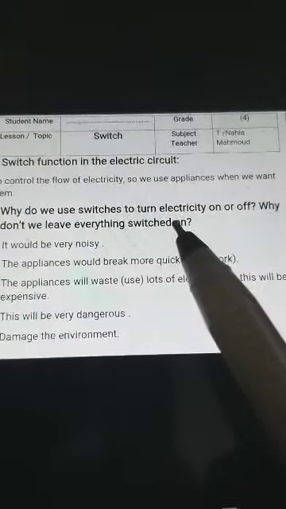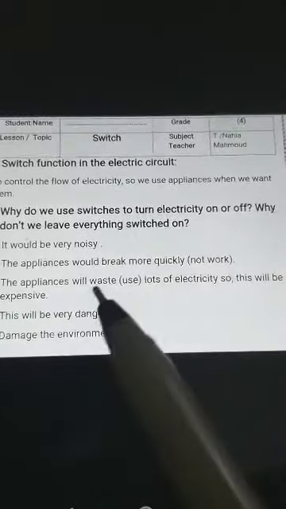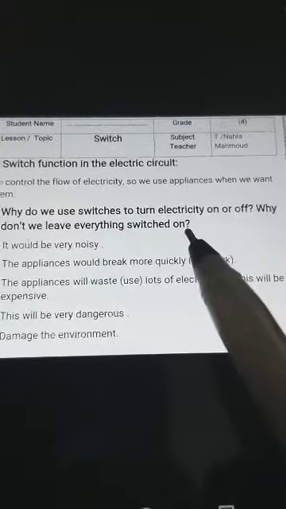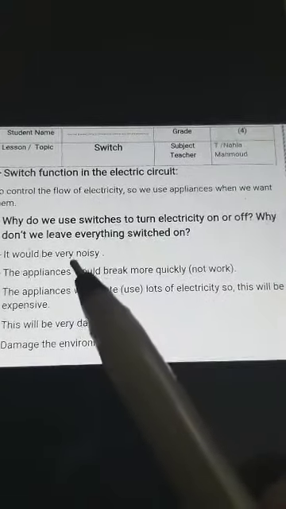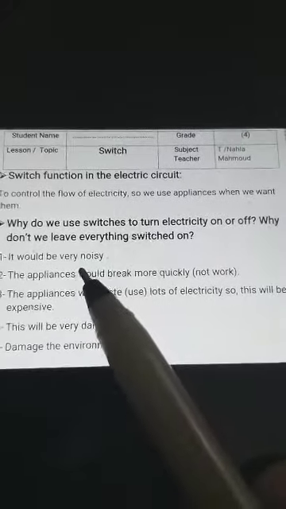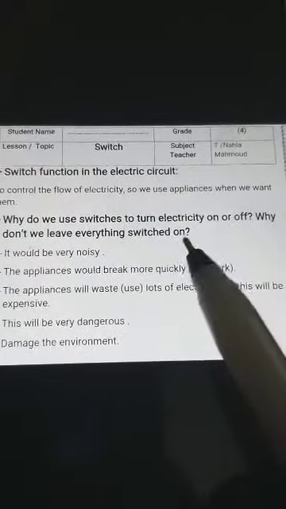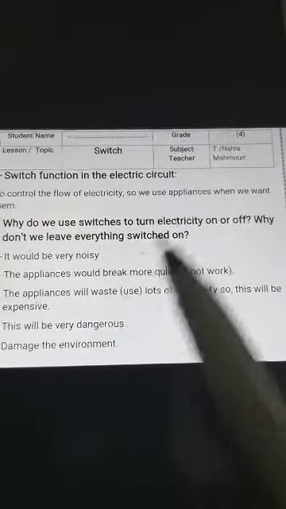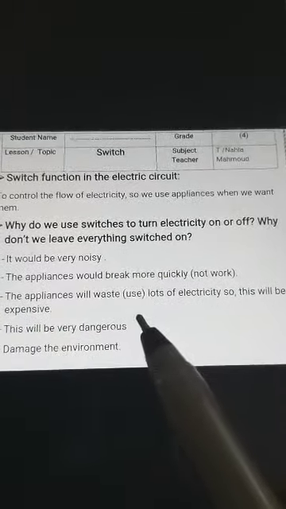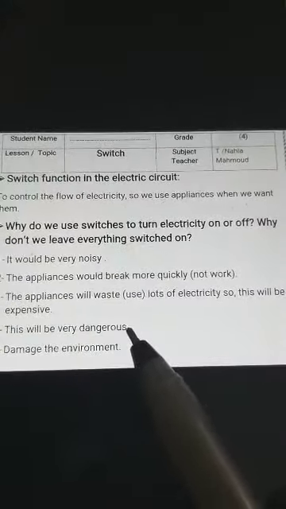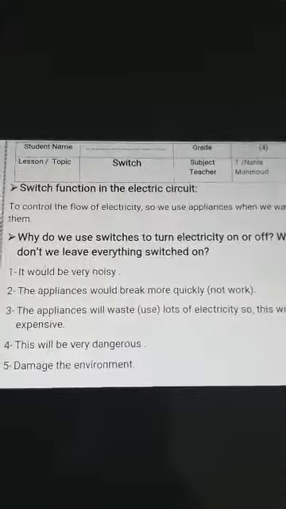And the switch is very important in the circuits to control the flow of electricity. We use the devices when we want them. If I want washing machine, I will switch it on. If I want a TV, I will switch on the TV. If I don't want it, I will switch it off. So, if I leave everything switched on, this will be very noisy and the devices will not work after a short time because we leave them switched on without switching them off all the time, and the devices will waste lots of electricity, so this will be so expensive and not saving money, and this will be very dangerous for humans and very bad for the environment. Okay